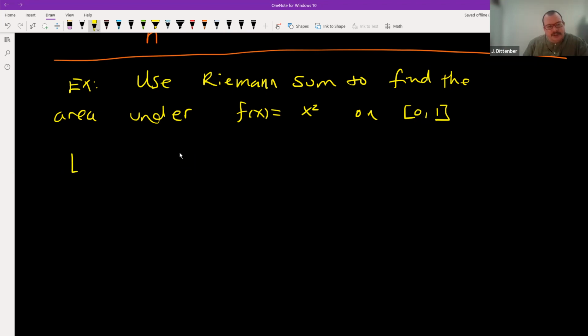So let's write down our equation. We've got the limit as n goes to infinity of the sum from i equals 1 to n, so that's going to be our number of rectangles. When I write this sum, I'm taking the sum of the areas of the rectangles. How many times am I doing it? In this case, infinitely many times. I'm letting n go to infinity. You can't ever arrive at infinity, but you can keep getting larger and larger. So here we've got the limit as n goes to infinity of f of xi star